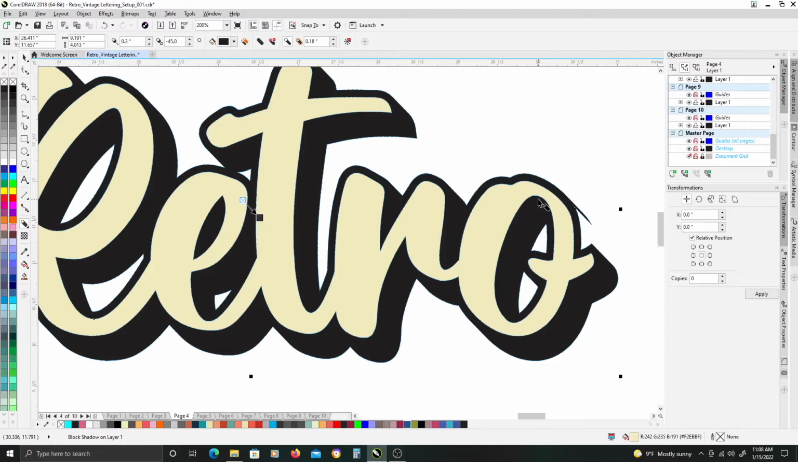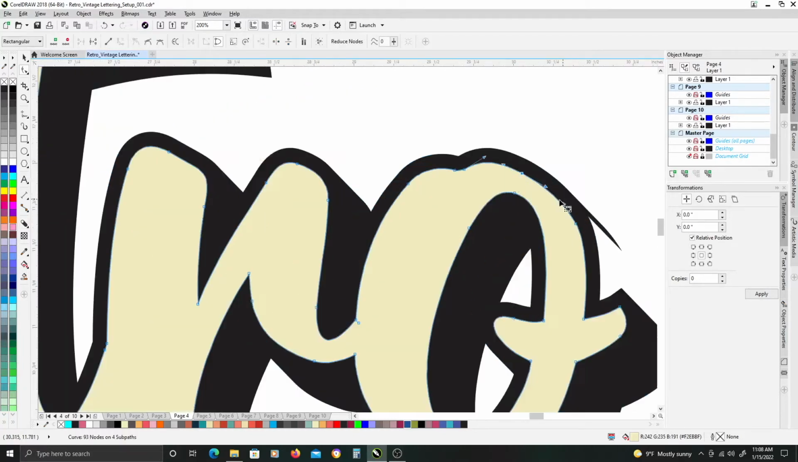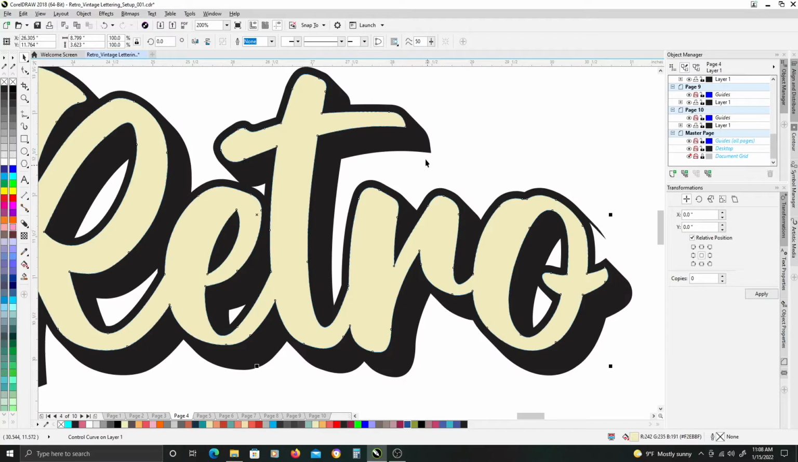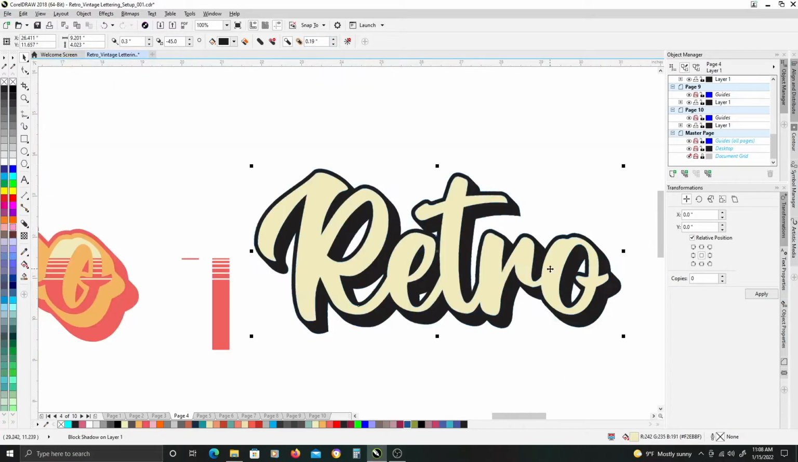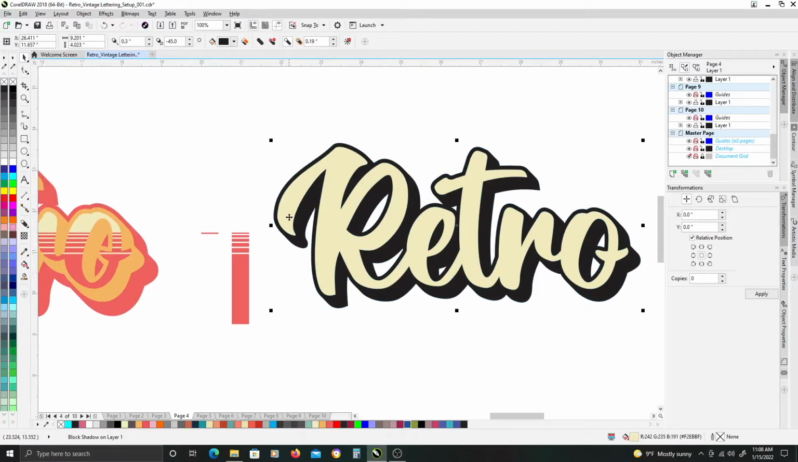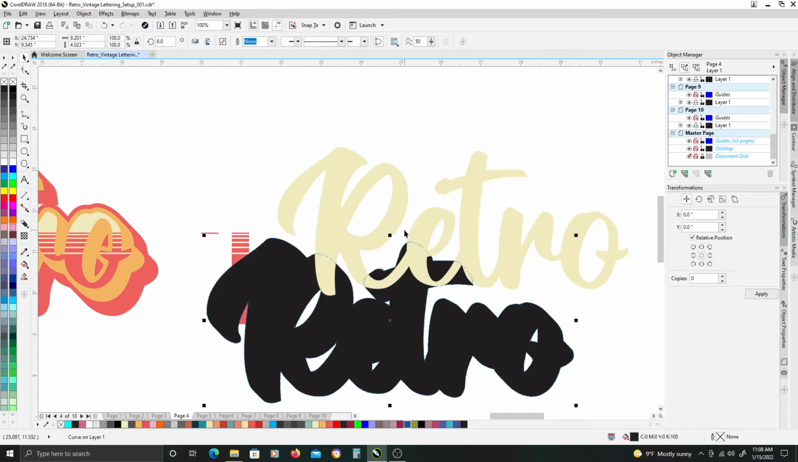And sometimes, depending on the font and the nodes that the font creates, can give you little artifacts like this, so you'll just want to play with your settings until it fixes itself, essentially. So I just had to bump it up by 0.01 inches, and now I have a clean shadow outline. So I'm going to hit Control K to break it apart, so now it's a separate object,